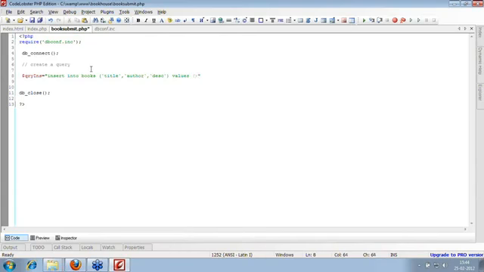Okay, we have already received the values, and these are character values, or VARCHAR values. So VARCHAR values have to be inserted using quotes, a single quote or a double quote. Now, where are my values? First I have to store my values. I can directly use my $_POST and then the element name here. But to be aware of SQL injection and prevent your data from SQL injection, I'm going to create some variables which will filter the posted data and store it, and then I can pass those values here.